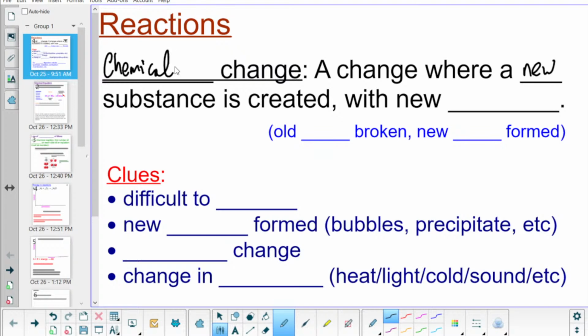So we are starting reactions as our new section. We're going to be balancing in here. We've already done nomenclature, so you'll be translating names into formula and then balancing equations, as well as a lot of practice of balancing. The next section after this, we're going to do the balancing, but with numbers, so you can predict the number of moles and the number of grams that are produced by the reaction.